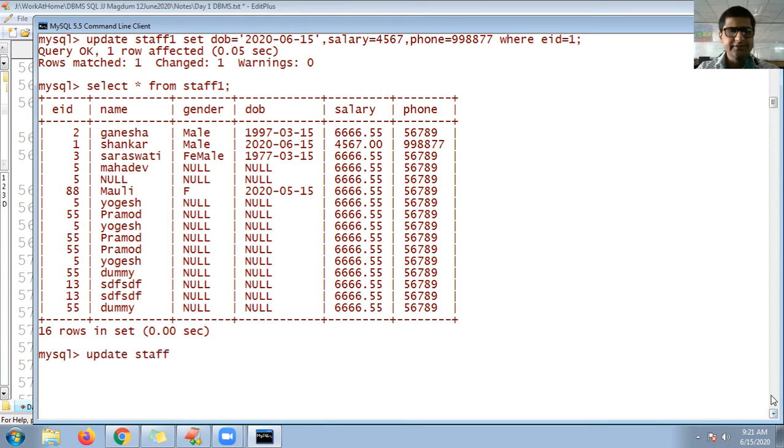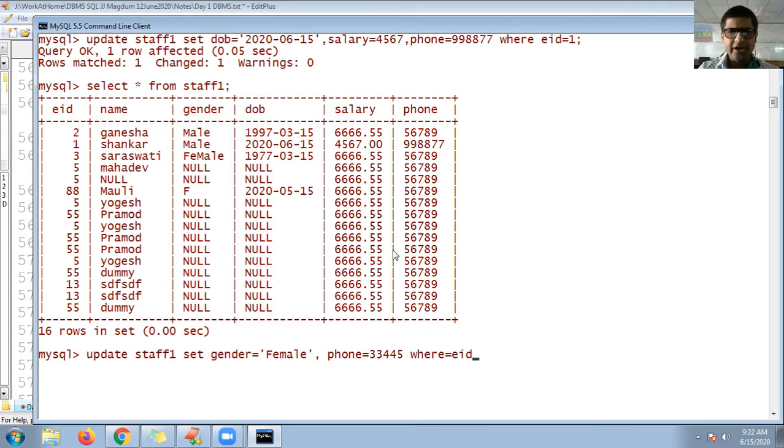Update staff 1 set, suppose I'm trying to set, so you can find here null. So let me change the gender to female, and change the phone to 334455, okay, fine.